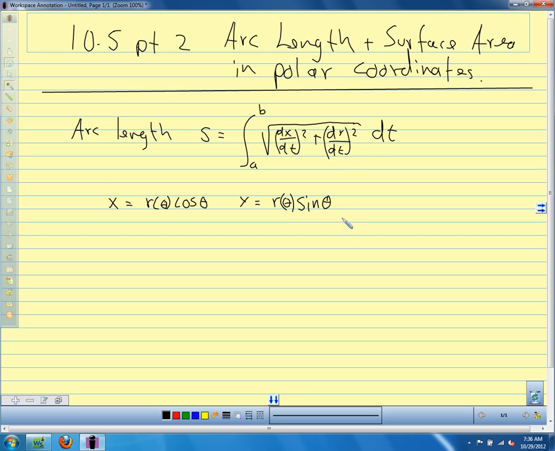These are our parametric equations in polar coordinates. And we know that r varies with theta as well, so we're taking that into account here. I'm not going to do it, but after we make this substitution and do a lot of algebra, we find in polar coordinates